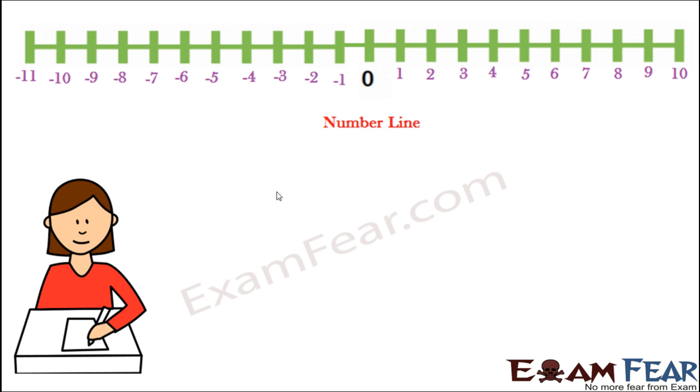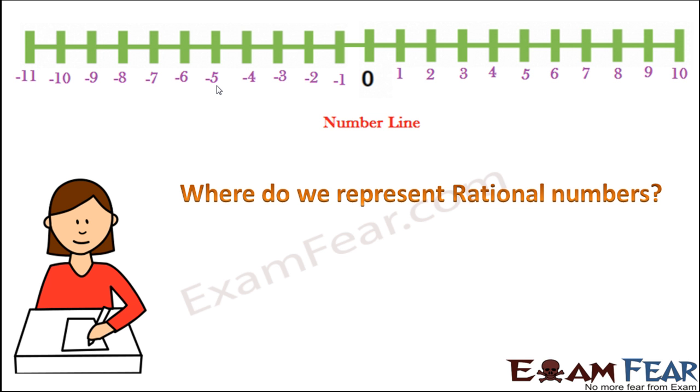Now, quite interesting to know where exactly do we see rational numbers, because when you look at the number line, we can see the natural numbers 1, 2, 3, 4. We can see the whole numbers from 0. We can also see the integers, both positive and negative, on the number line. But do you see the rational numbers on the number line? For example, do you see 3 by 2 on the number line? I really do not see it as such. But this also exists on the number line. So here we will see how and where do we represent rational numbers on a number line.